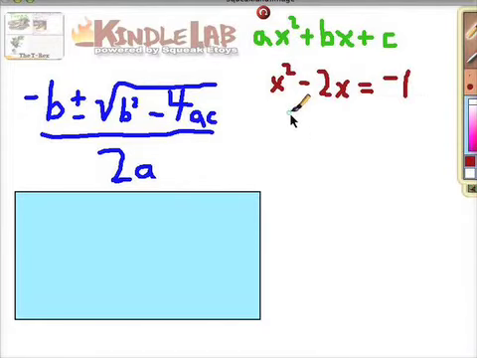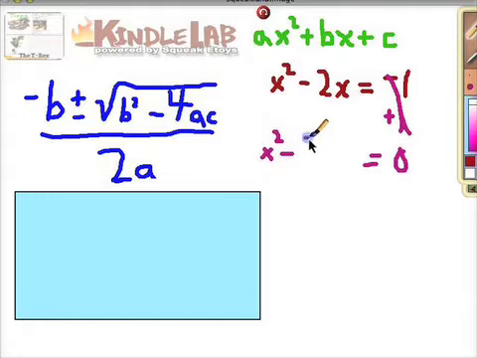We have x squared minus 2x equals minus 1. Currently, this is not an ax squared plus bx plus c format, so we're going to need to get it to that format. So what we need to do then is get rid of this minus 1 and get it to the other side. So I'm going to add 1 to this side, and if I add 1 to this side, minus 1 plus 1 equals 0. That leaves me with 0 left on this side, equals, and I'm going to start with my highest term first, x squared, right here,